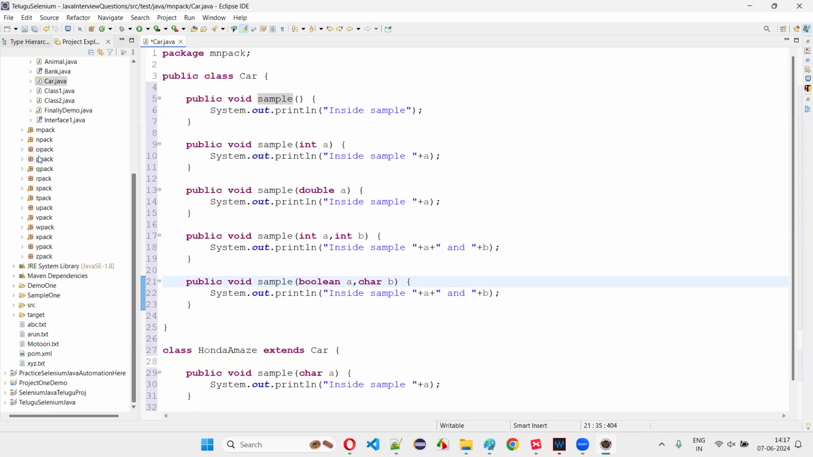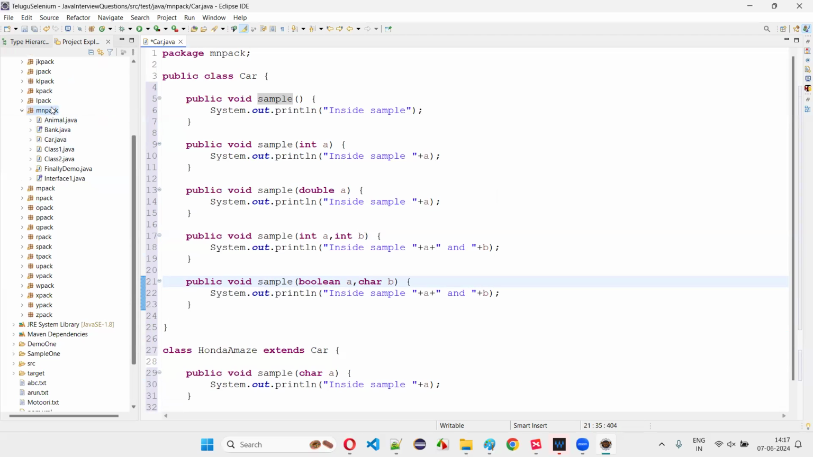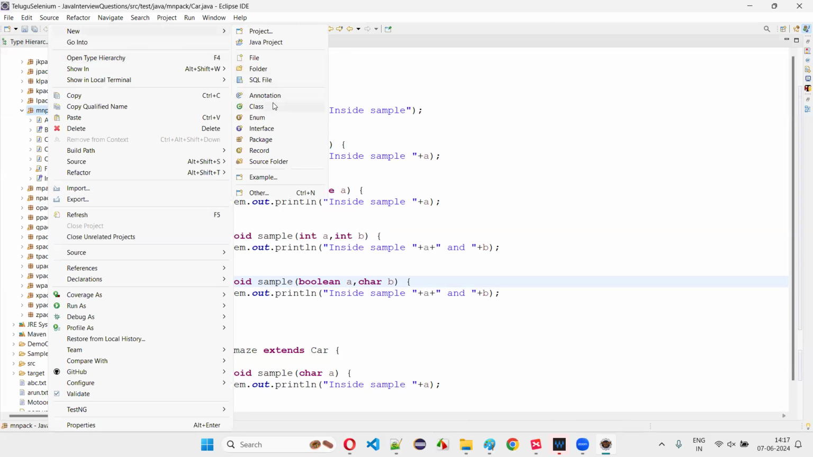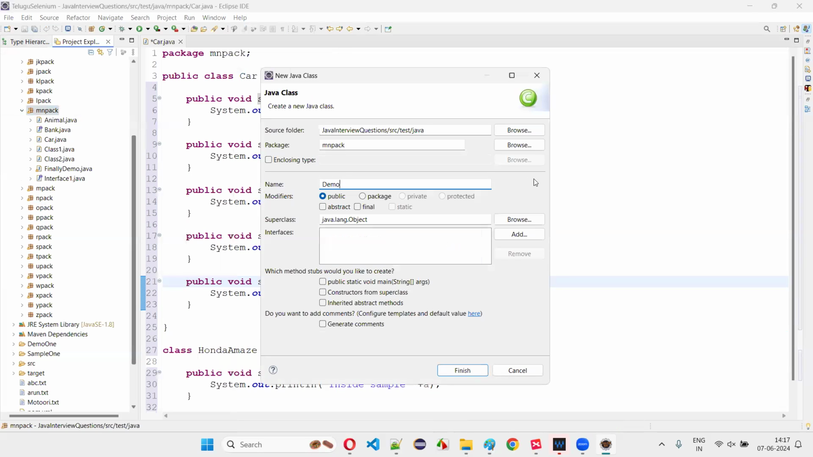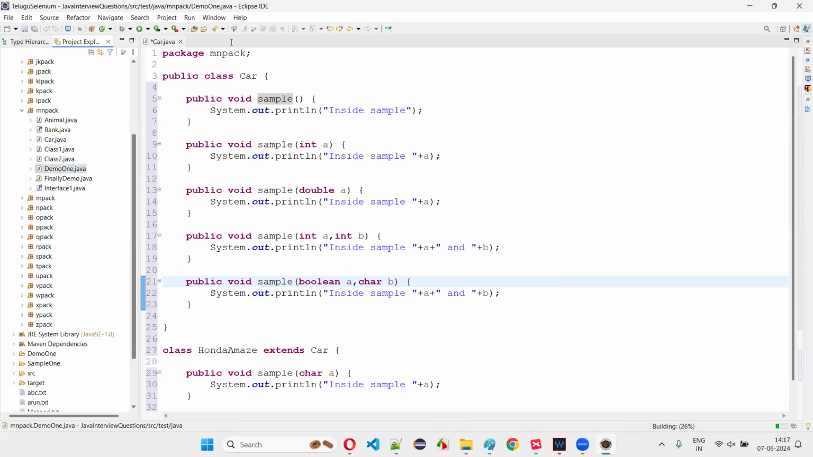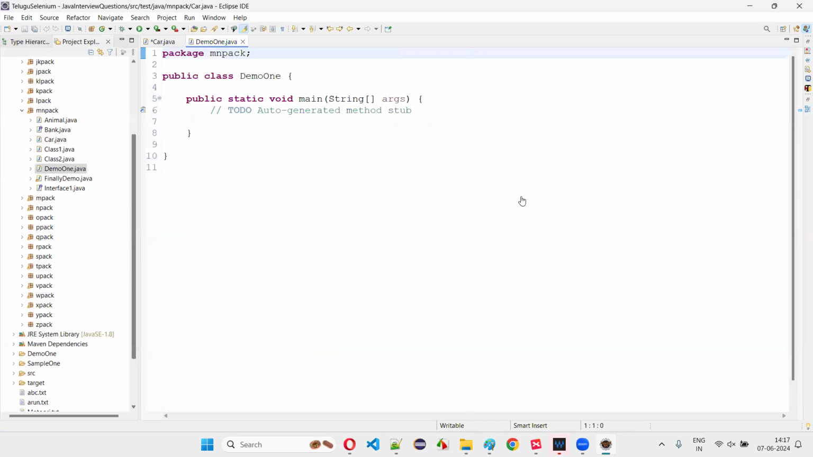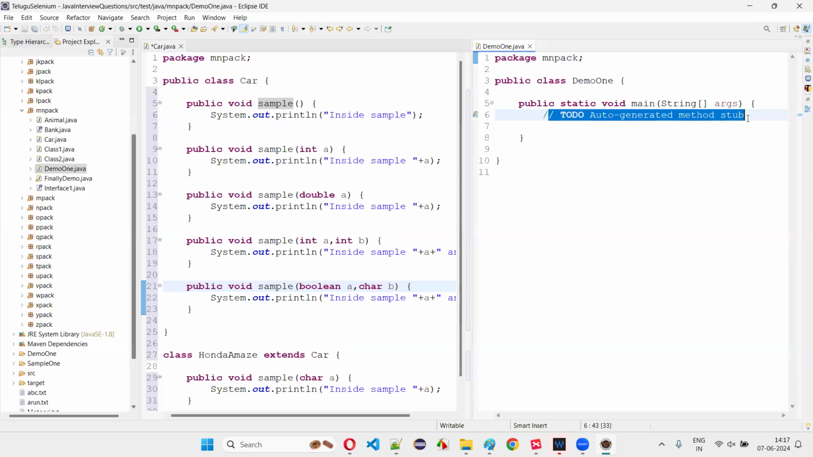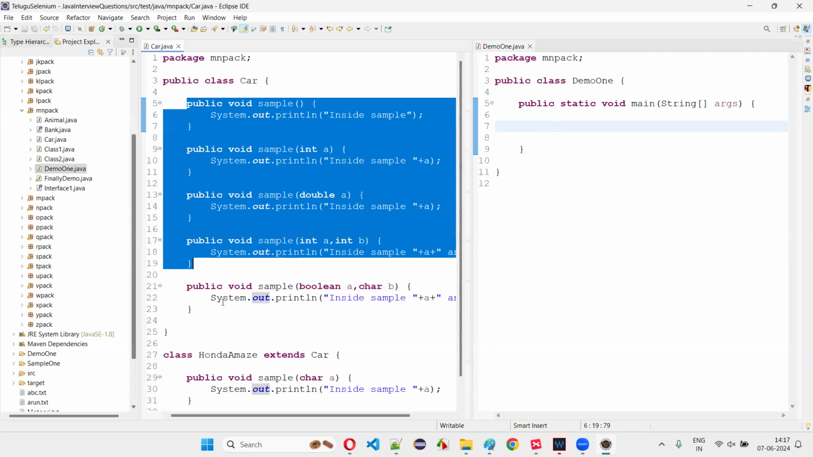Now, guys, if I want to create another class, I'll create a Demo class. Demo is not available now, so I'll say Demo1 otherwise. Its main method I'll create. I'll save this. And here, if I have to access these overloaded methods,